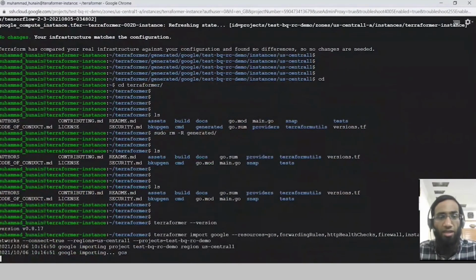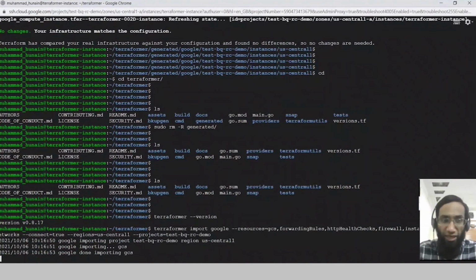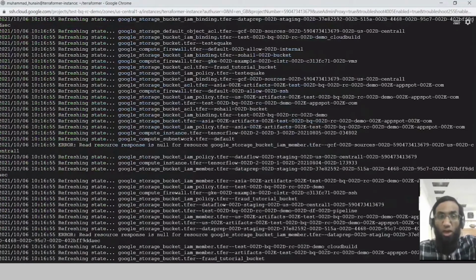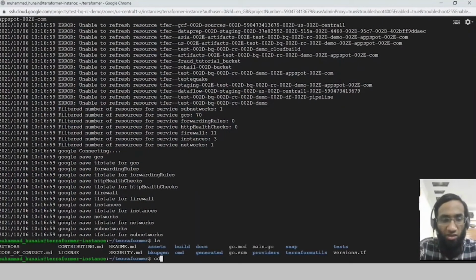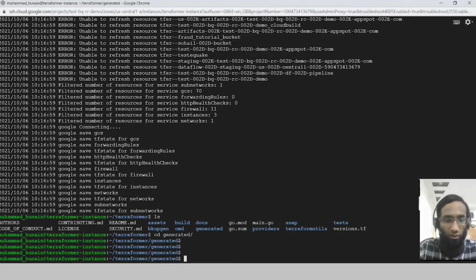Now, as you can see, Terraformer is running, and it is going to create scripts for all these relevant resources. As a report, you can see that it has created so many Terraform scripts in the background. If I check these, this is a generated directory.